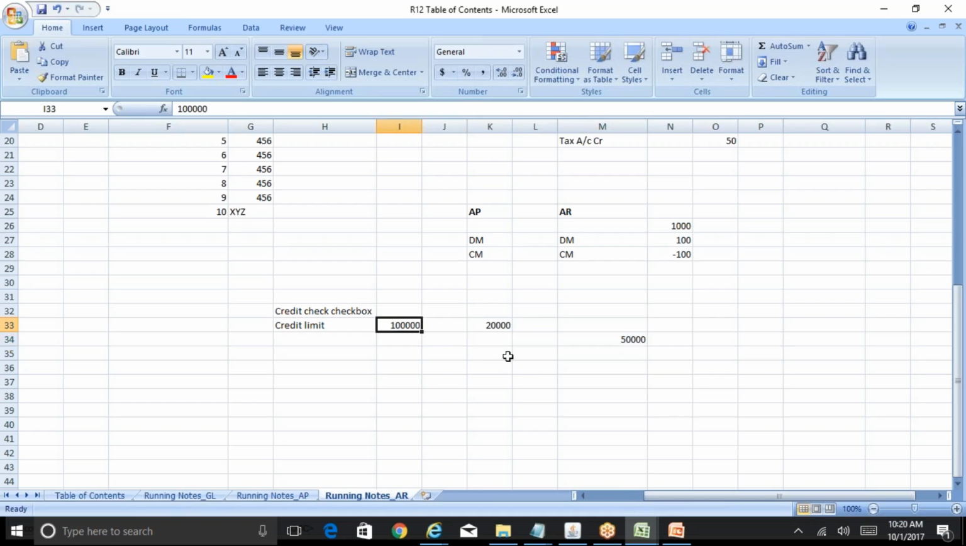Now, I will try to create a sales order for, say, 65,000. Now, if I add up all these three, it will be 135,000. My credit limit is only 100,000. So when you try to create a sales order for 65,000, and when you try to book that particular